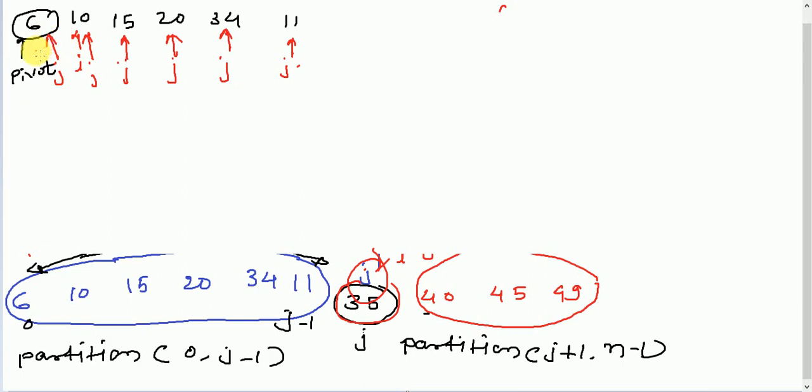Then what we are supposed to do is check the values of i and j when they stop. But here i is not smaller than j; i is greater than j, which means we have completely traversed the array. Now we are supposed to replace the pivot with a of j, but here pivot and a of j are the same, that is 6, so 6 will stay as it is over here.